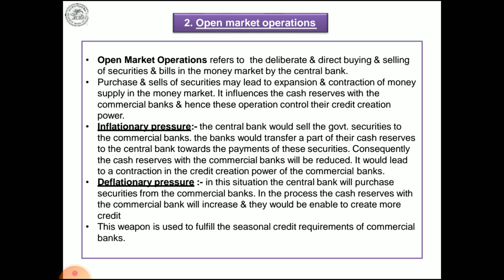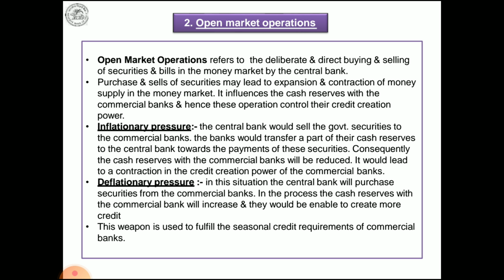In inflationary pressure or inflation, the central bank would sell the government securities to the commercial banks. The bank would transfer part of the cash reserve to the central bank towards the payment of these securities. Consequently, the cash reserves with the commercial bank will reduce. It would lead to contraction in the credit creation power of the commercial bank. See, what the central bank does is sell the securities. When they sell the securities to the commercial bank,